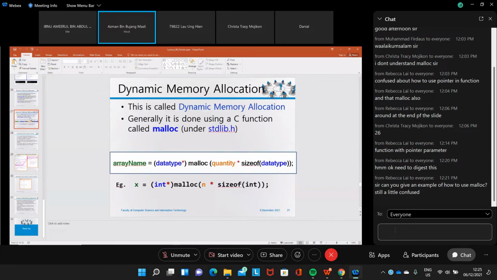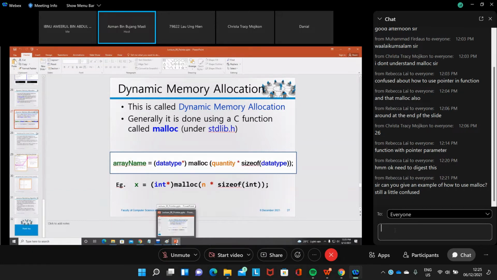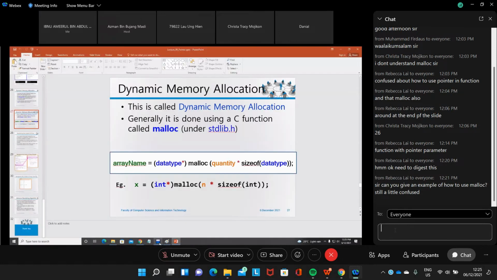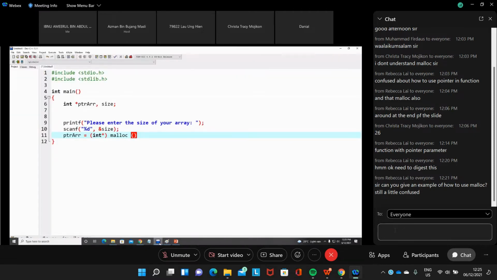Okay, then malloc, and then the size. This is the size entered by the user multiplied by sizeof. This is actually the integer, because we are using the integer data type.